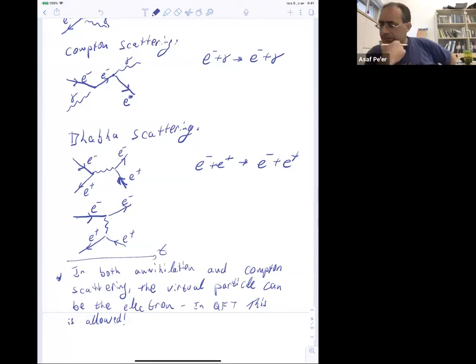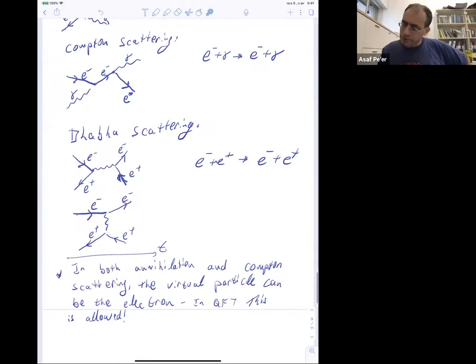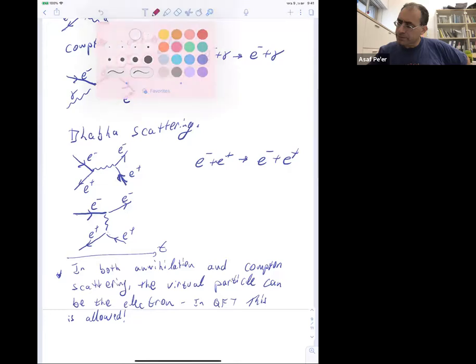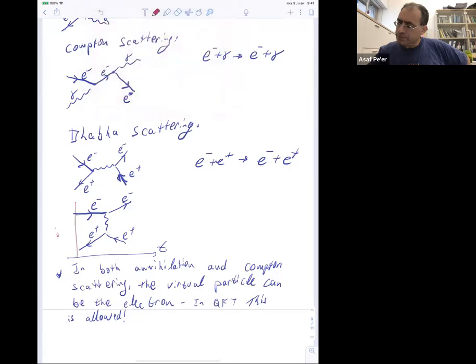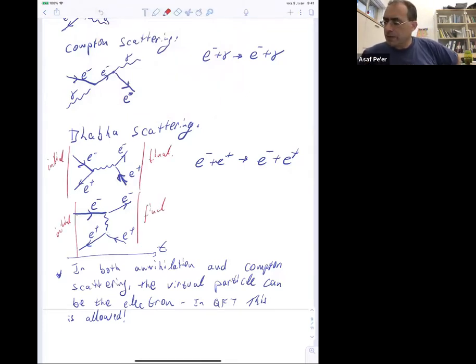The end result is the same. We started with an electron and a positron, and we ended up with an electron and a positron. This was the initial condition and this the final condition. But we can reach the initial and final results via two different mechanisms. So of course, since both these processes can occur, then if